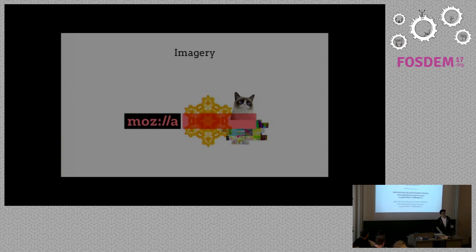And the fun thing about the imagery is that this will be very messy. There will be no guidelines like, hey, please obey the guidelines, stuff like that. So the Mozilla wordmark will always be on a black box, but everything about that can be as messy as people want. So the idea we had about communities would be, for example, if we would have Mozilla Belgium,